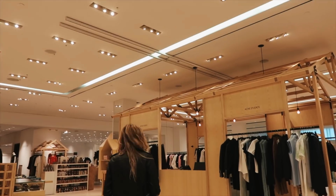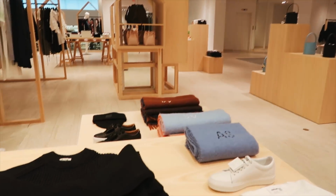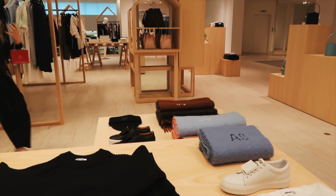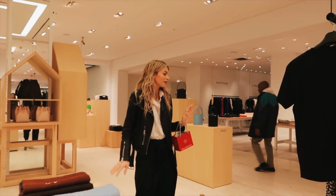Damn, this new Acne stuff's sick. Are these the scarves they had in New York? Yeah. Oh my god, you need it. It's your initial. I know. I actually have one, but I like it. I'm just not gonna wear scarves, so I'm like,